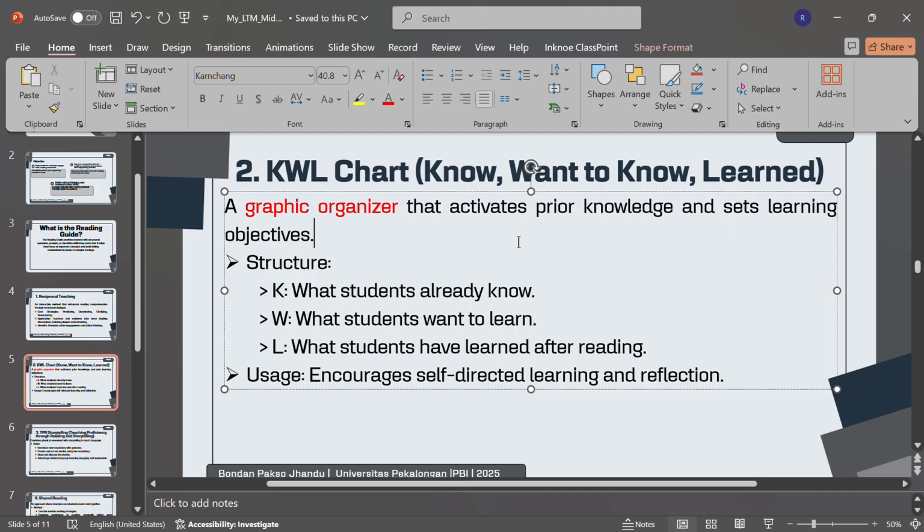The letters KWL are an acronym for what students in the course of a lesson already know, want to know, and ultimately learn. It is a part of the constructivist teaching methods where students move away from what are considered traditional methods of teaching and learning. In this particular methodology, the students are given the space to learn by constructing their own learning pace and their own style of understanding a given topic or idea.